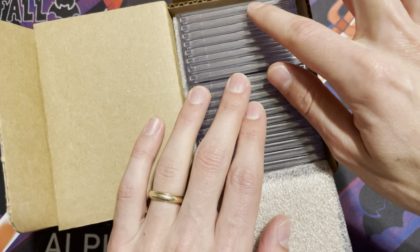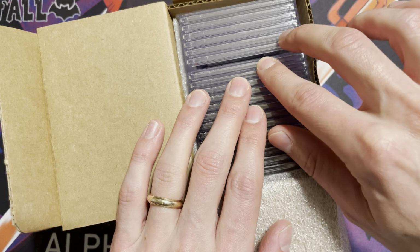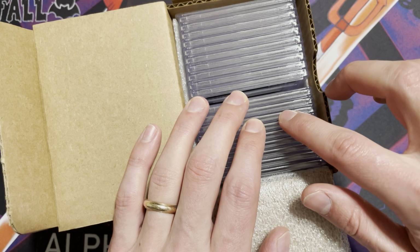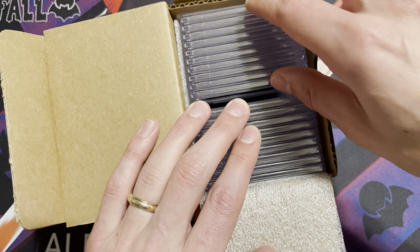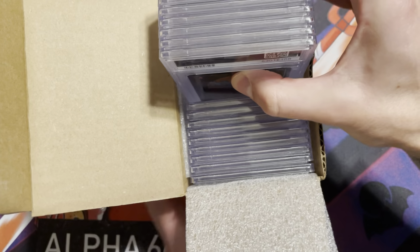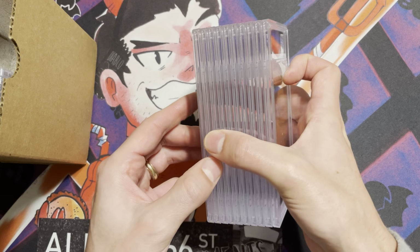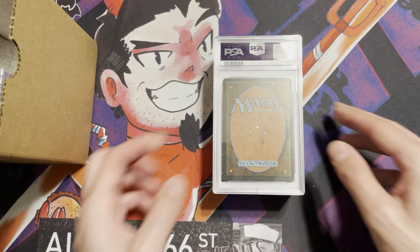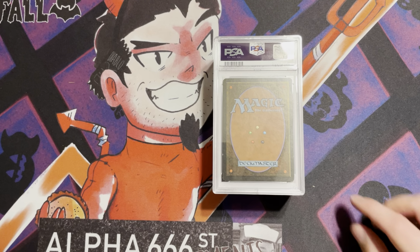1, 2, 3, 4, 5, 6, 7, 8, 9, 10. So there's 19 cards in here, is that right? Okay, we're gonna do these 10 today. Is that right? 1, 2, 3, 4, 5. Yeah, 10 cards. 10 cards a day is enough to keep me excited and just draw it out a little